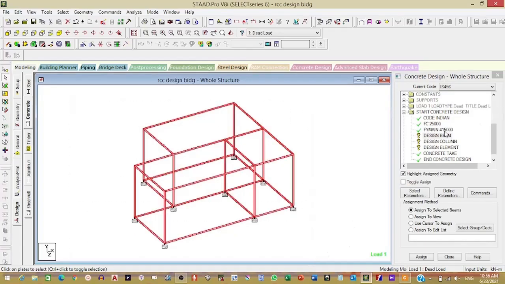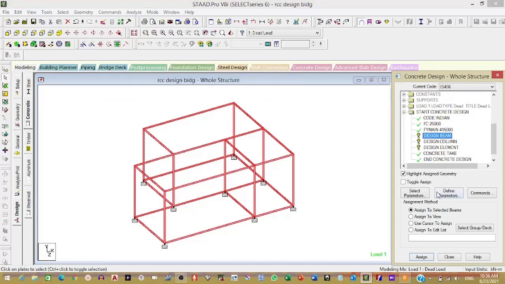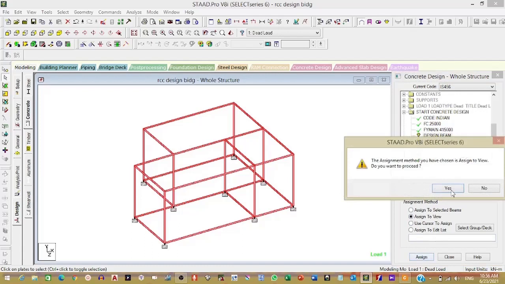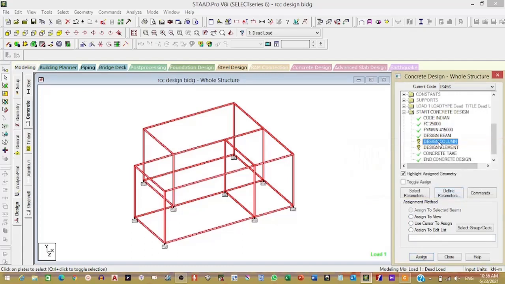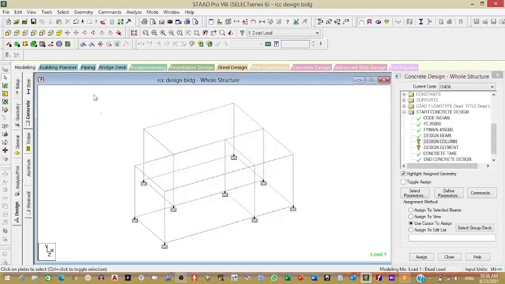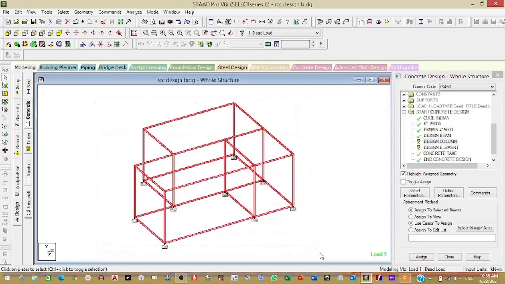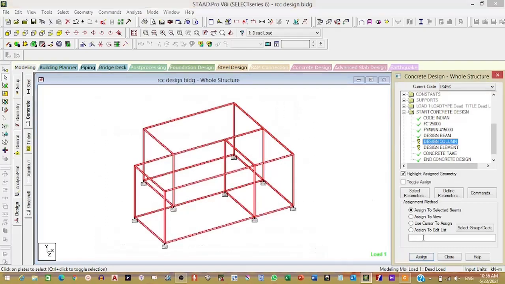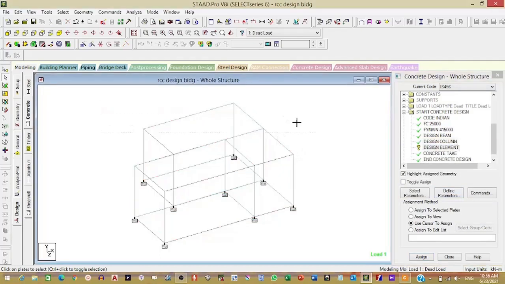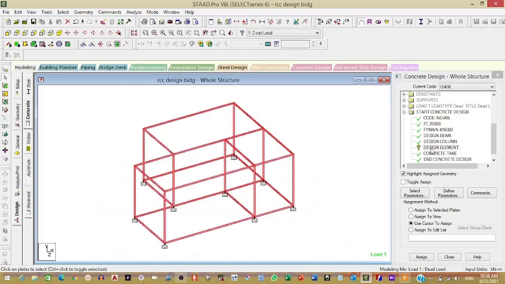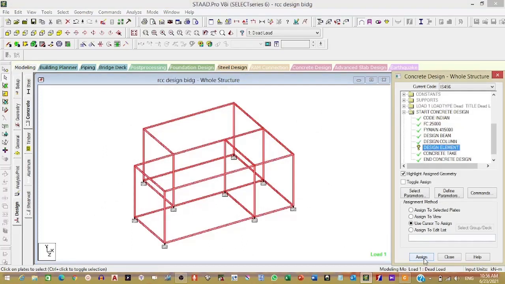Now we have selected view. In the first method, I showed you separately you assign, or directly assign to view. So for design, the software automatically selects the required slab panels or columns or beams. Right? Yes. So this will be over now. So we have allotted everything, assigned everything.